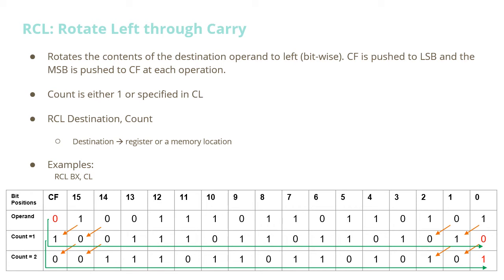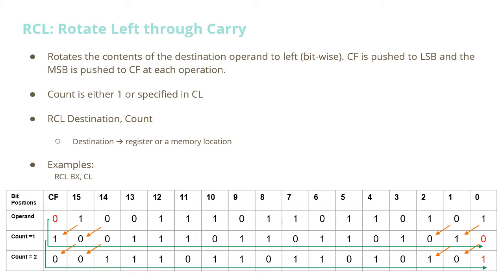Now as we can see in the example, all the bits are shifted to the left in a bitwise manner. So the bit at position 15 will be shifted to the carry flag, 14 will be shifted to 15, and so on. The bit at position 0 will be shifted to the bit at position 1. Now for the newly introduced empty space at the bit position 0, the carry flag value, that is in this case 0, will get inserted. The initial value of the carry flag will be an arbitrary value.